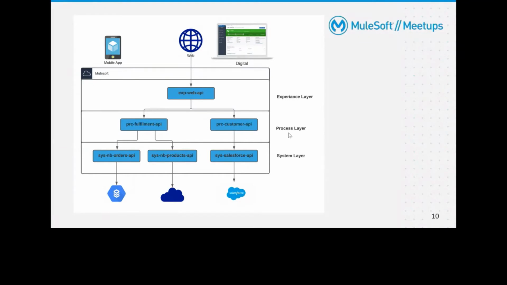But they want it in some other way. Can it be done? Yes, MuleSoft has provided a new feature now, without writing any new experience APIs or process APIs. Whatever existing APIs you have in your organization, they can directly query the data using this data graph, and they can be accessed by mobile applications or digital applications.